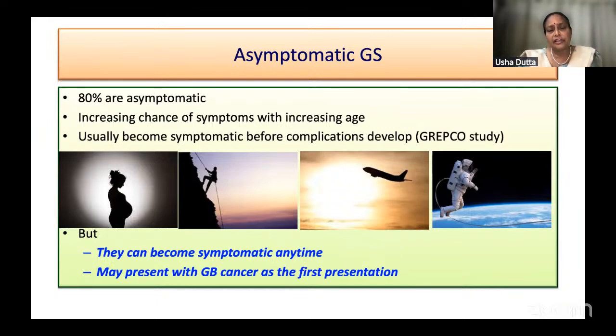So also, in our country, it may present with gallbladder cancer as the first presentation. This is what is the most worrying out of all of them, apart from biliary pancreatitis and cholangitis. Cholangitis, fortunately, if these patients come in time, we are able to go in and immediately do ERCP and remove the stone, or just put in a stent, or if required, a PTBD, and these patients can be relatively taken care of. However, when they present with gallbladder cancer, it is a real difficult thing for the surgeons also, and you all just heard how difficult sometimes these patients can pose.